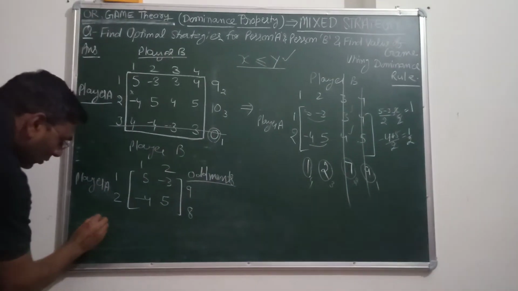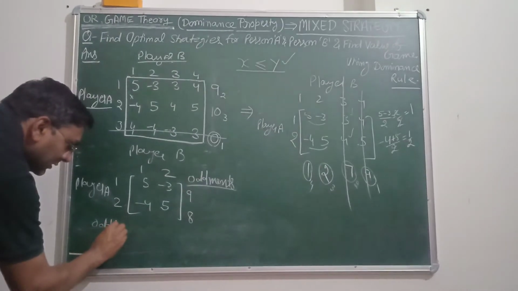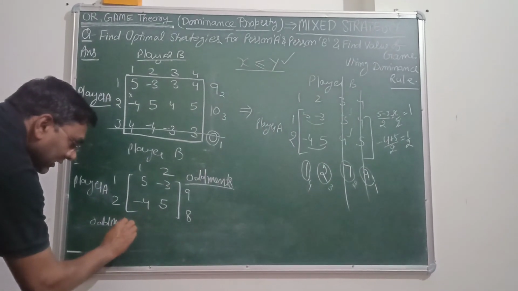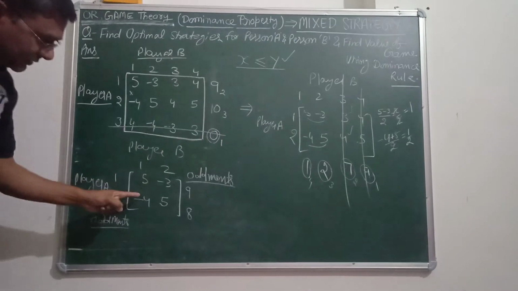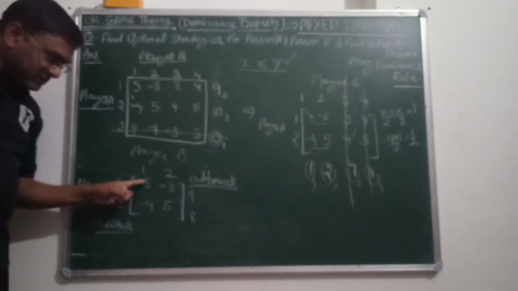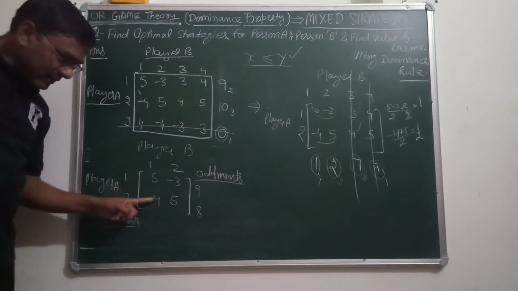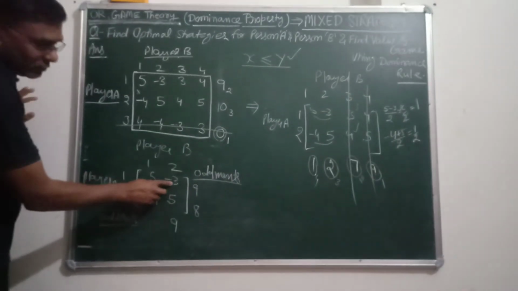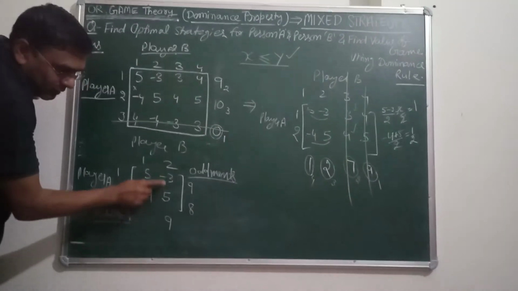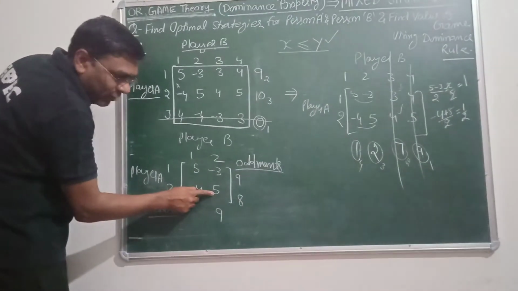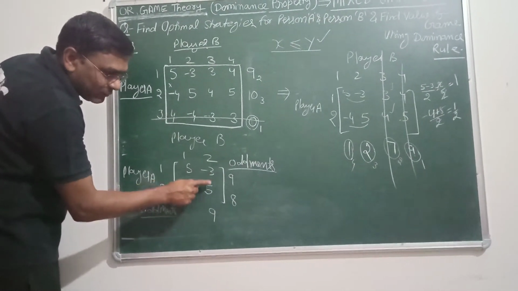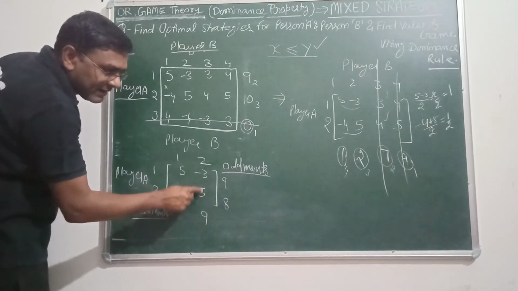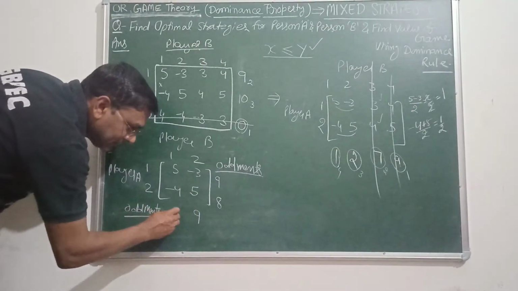Similarly, for the oddments of columns also, you have to use the similar method. Now subtract -4 from the maximum value, that is 5, it comes out to be 9, and you have to write 9 here. Similarly for this column you have to subtract -3 from 5, and after subtracting -3 from 5 you will have 8, and you have to write the value of 8 here.